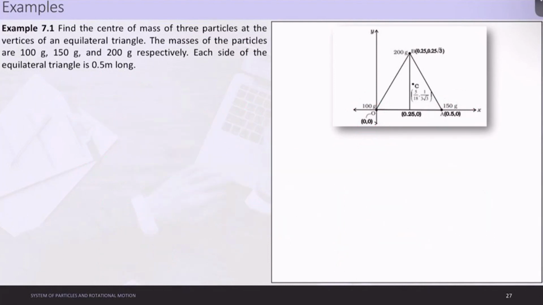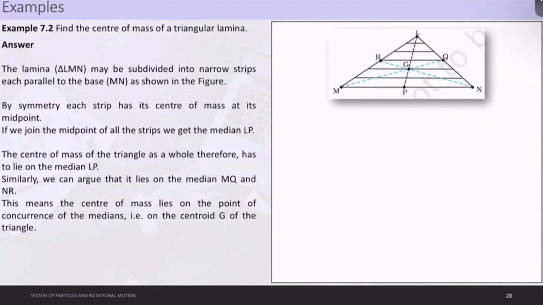Fine. Let us understand the second question now. The question asks you to find the center of mass of a triangular lamina. Lamina as in some figure which has been drawn on a plane. So let us understand this diagram. The question is simply to find the center of mass of a triangular lamina. To calculate this, the lamina, that is delta LMN